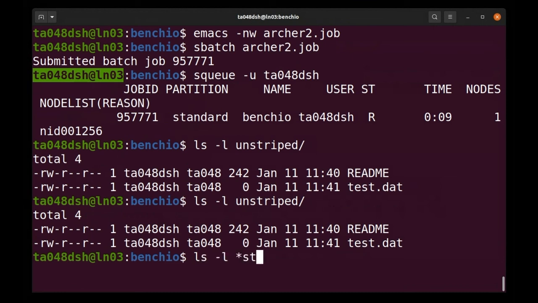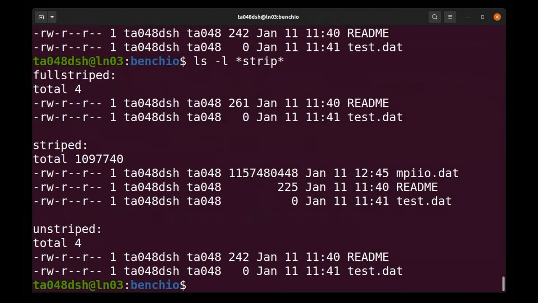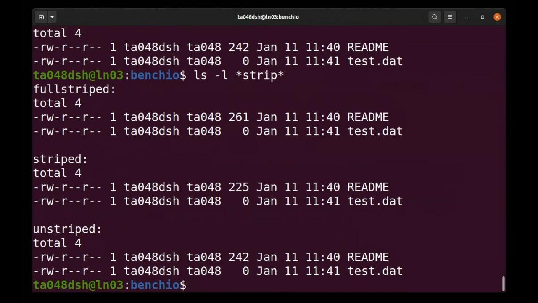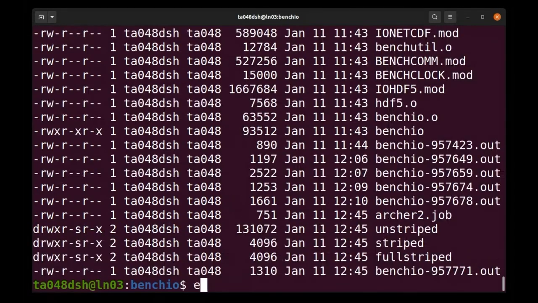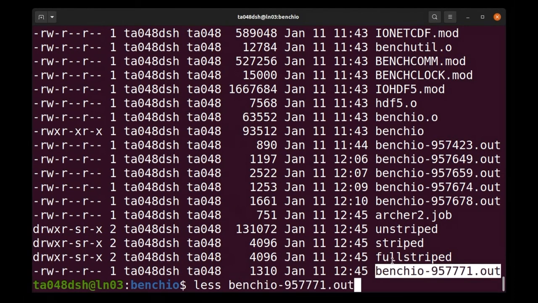Are there any files in here? There it is. So, for example, it's now onto the striped. You can see it's running. There's an MPI-IO file. I remove the files after they've been written, otherwise we're going to run out of space. I think it might have finished. Okay, so it ran, and we got